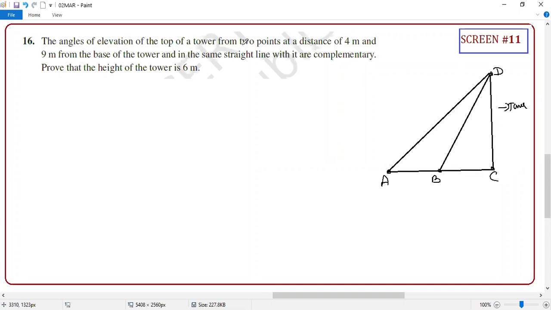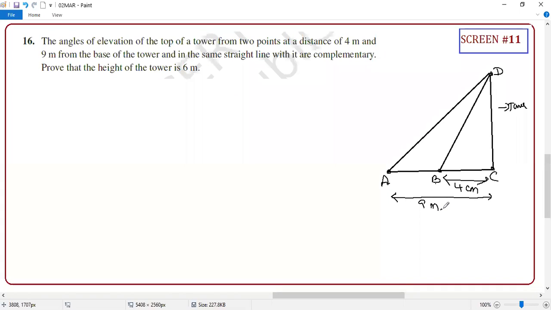Angle of elevation of the top of the tower from the 2 points at 4 meters and 9 meters. Guys, what is the meaning of that? From here to here, it is 4 meters, and from here, many students will write 9 meters here. But read the question carefully. From 2 points at a distance of 4 meters and 9 meters from the base of the tower. So the base of the tower is this. Clear or not? Anyone having doubt? So if you want to mention only this, then it should be 5 meters, correct or not? It should not be 9 meters, if you want to mention it like this. Okay. No, sir, I am okay to mention the entire. Yes, you can mention the entire thing as 9 meters.